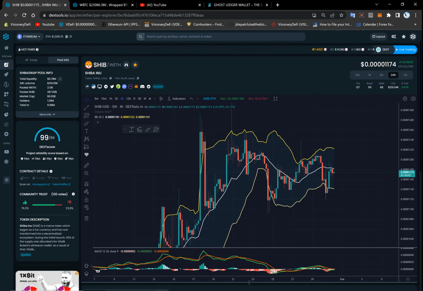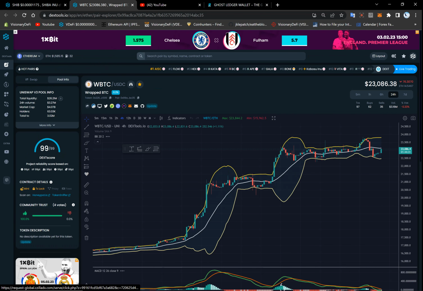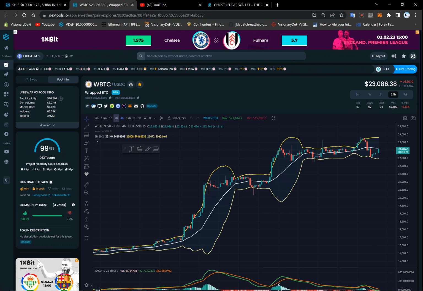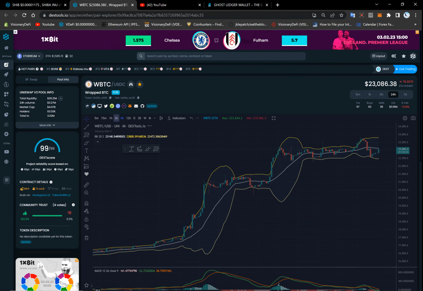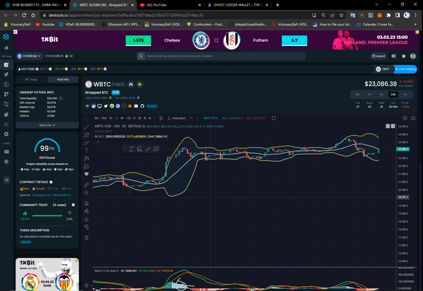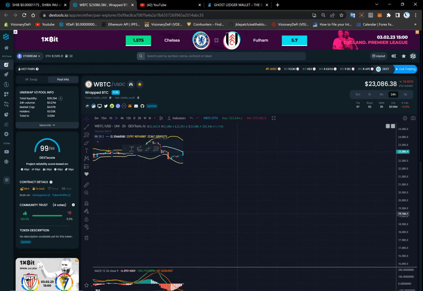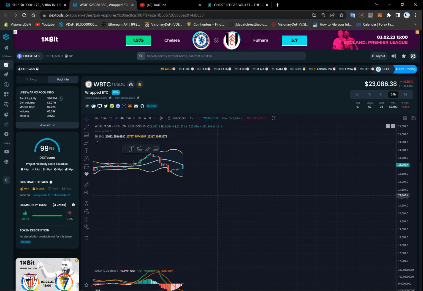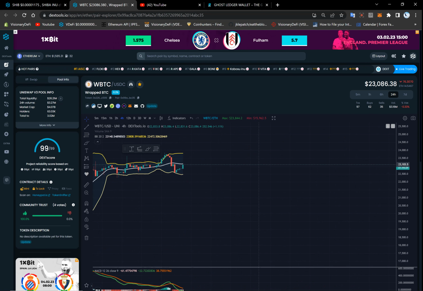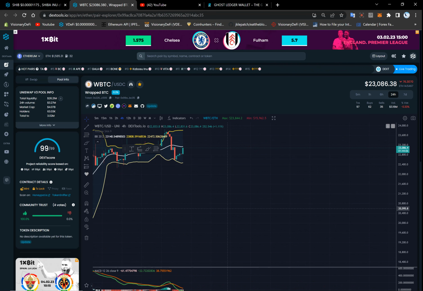Just to show you that every coin does move together, we're going to take a look at Shiba. We look at Shiba because you can look at Shiba and determine where the entire market will go based on what Shiba is doing, because all crypto moves together. So I'm going to show you an example here. Let's look at BTC on the 4-hour. Okay, on the 4-hour, we have Bitcoin